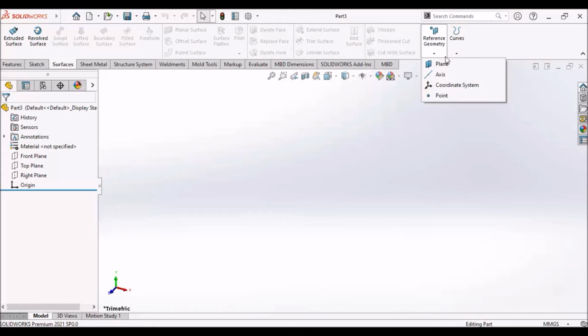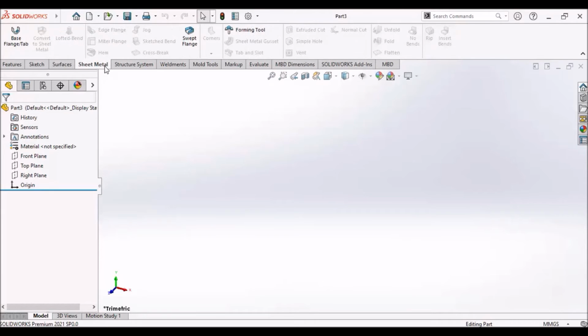And this is also for the reference geometry. We can easily import plane, axis, coordinate system, whatever we really need. This is one of the most preferable, reliable tools. And there are a lot of industries that use these kinds of tools, like base flange, and this is called sheet metal.